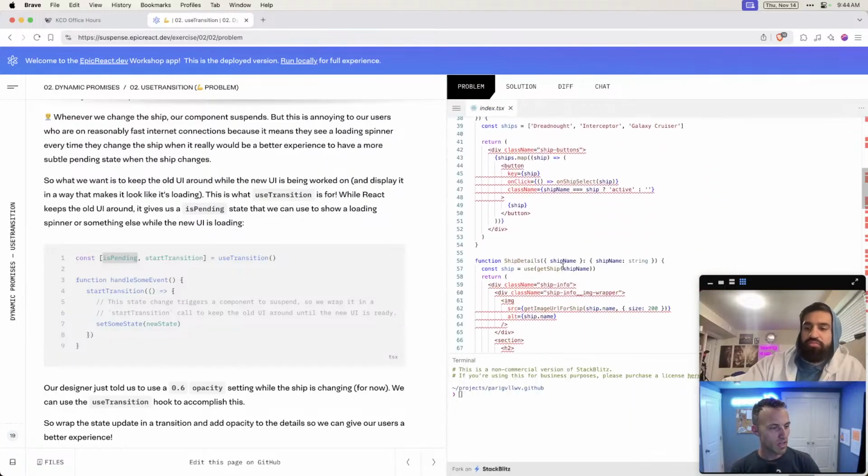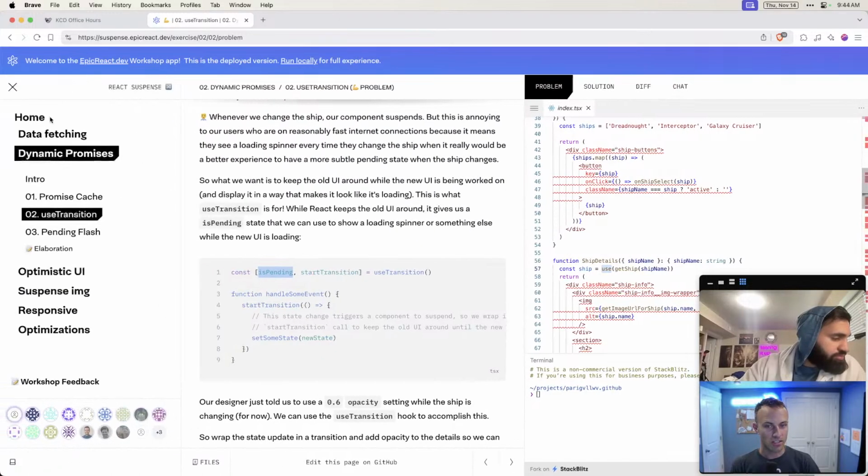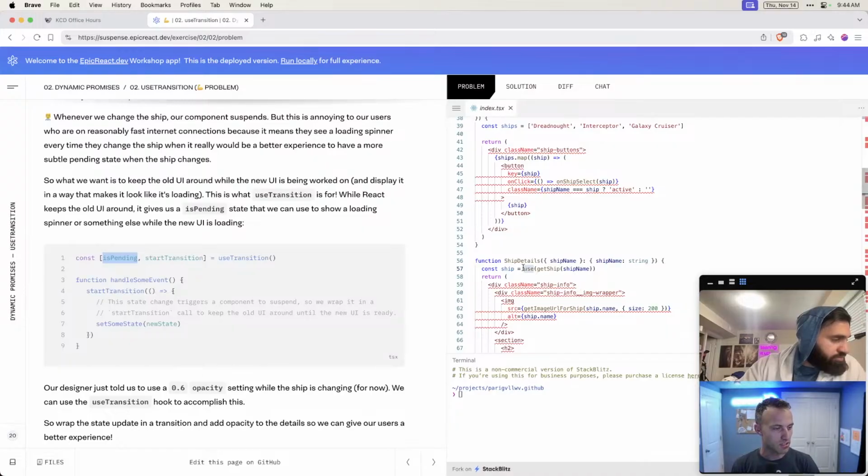So when getShip is called for a ship name that we don't have cached already, we're going to create a new promise that will trigger a fetch request, and it will resolve when that fetch request is done. And the use hook will receive that promise and say, oh, this isn't resolved yet. I don't have any value for this, so I'm going to attach a .then, and I'm going to throw the promise, which is all that stuff we learned in the previous exercise. We built the use hook ourselves.